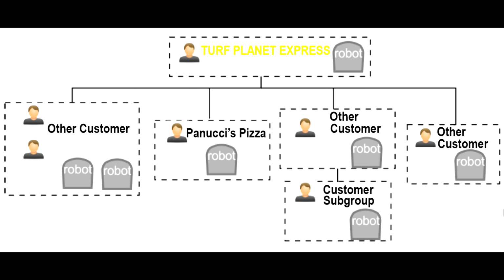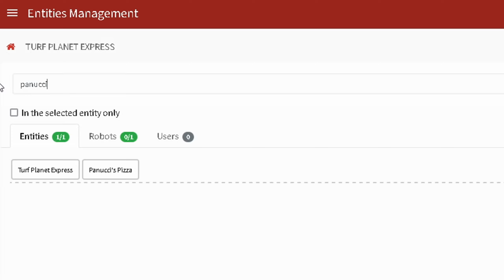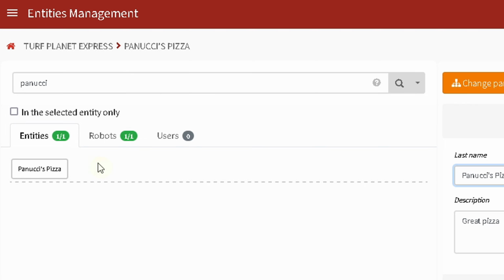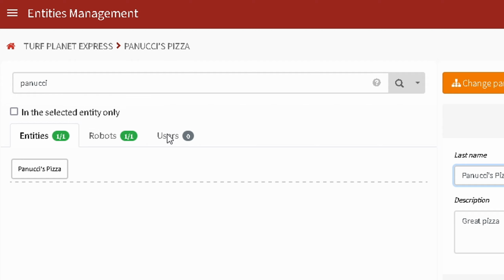So for example, let's say I want to look at the account of somebody who's within the Panucci's Pizza entity, and I search for Panucci. It comes up with that entity. I can click the entity to go into it. And you can see right now that I have the one entity, which is Panucci's Pizza, and I have their one robot. But for some reason I have no users, even though I know there is at least one account